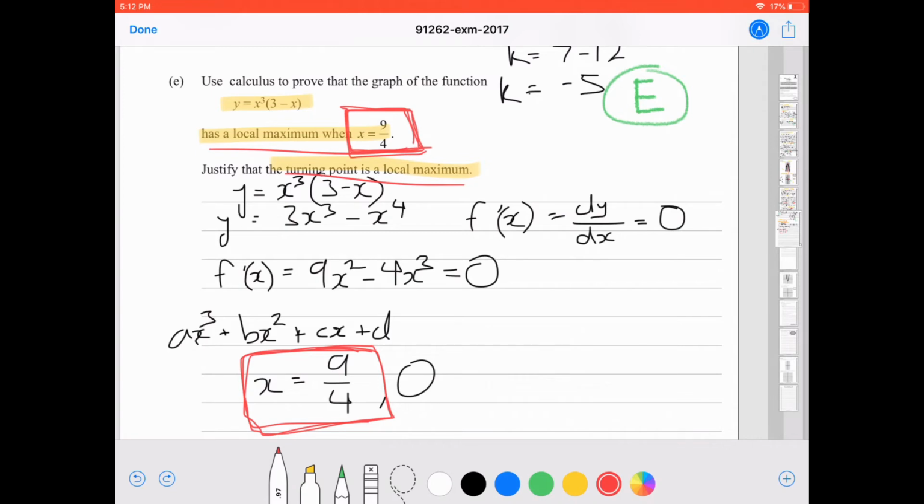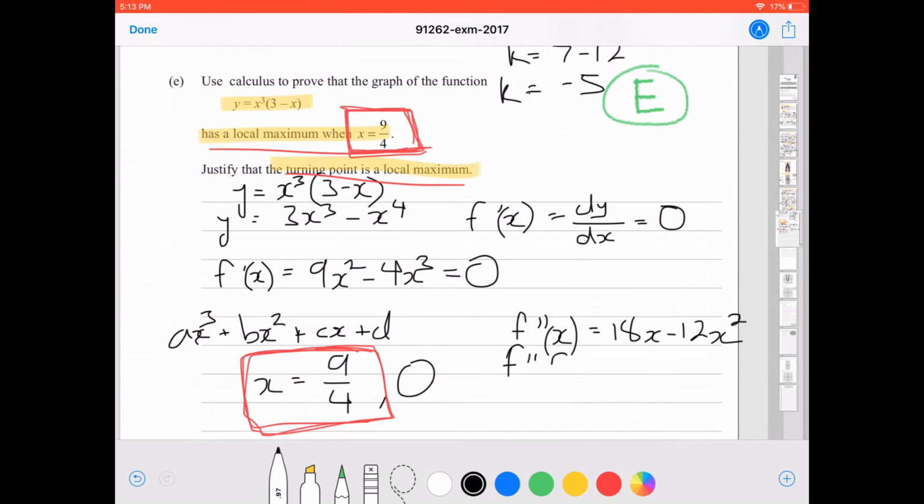Okay, don't quote me on that. But what we are going to use is the second derivative, right? So we're going to say f double dash of x, that equals 18x